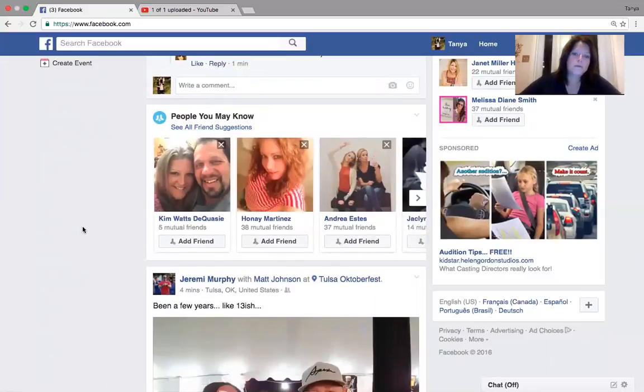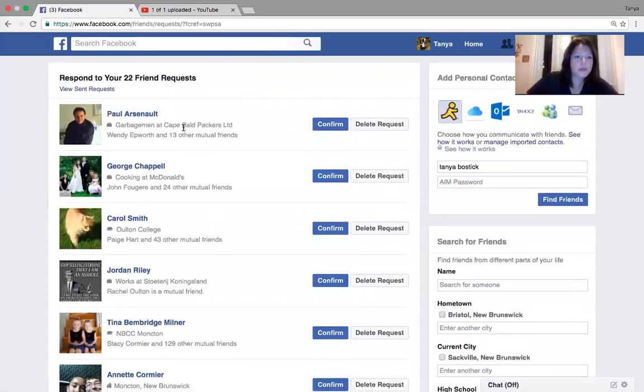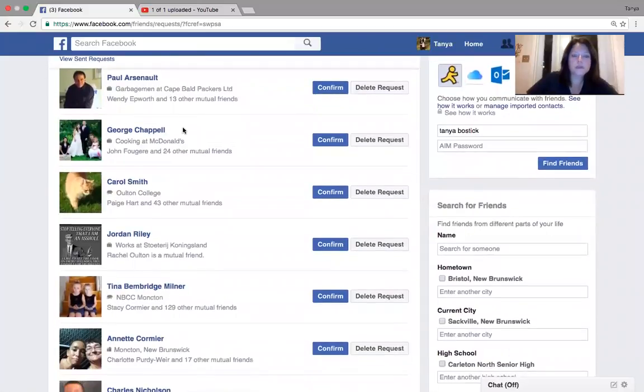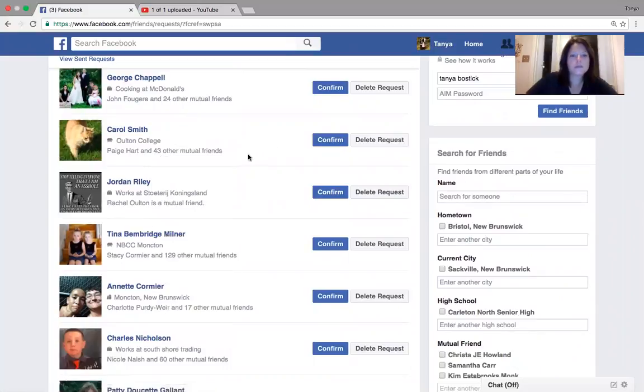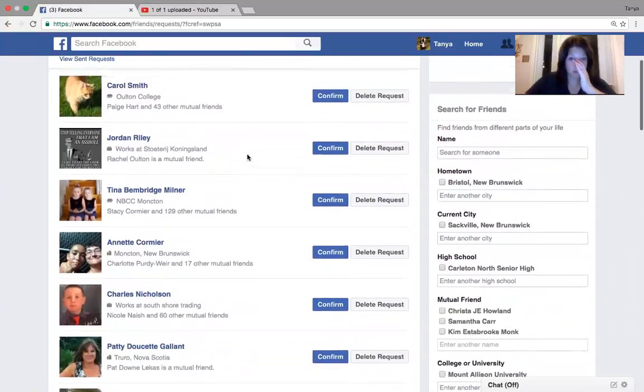So this brings me to my second thing, people you may know. So the people you may know is brilliant, actually, because if you take a look at it, they're going to be people that are somehow not in your direct network, but maybe people that you have some mutual friends with enough that Facebook has created some algorithm whereby they're going to show up in this people you may know. So you can click on see all friend suggestions, and you can go through that and choose people whom you think look like they fit the bill. So if you have 43 mutual friends with somebody, that's kind of a person that you might want to confirm that you would like to